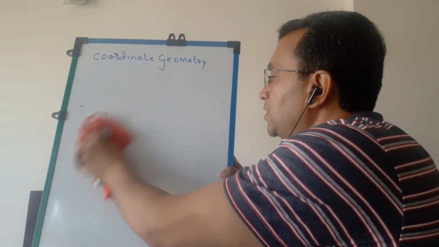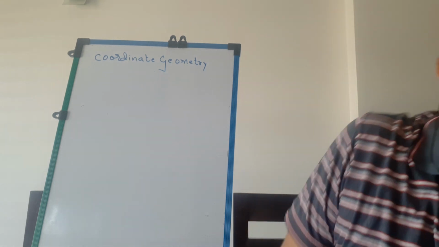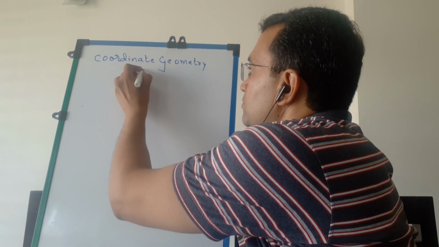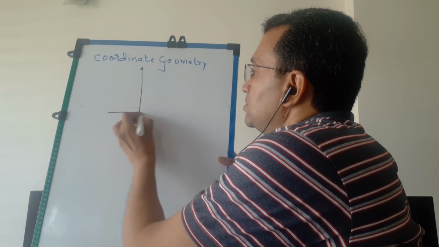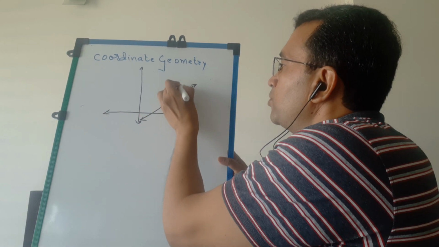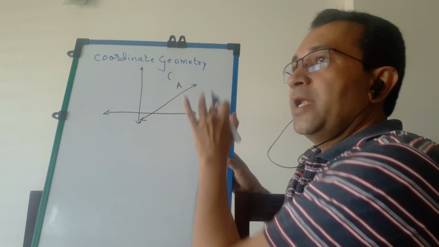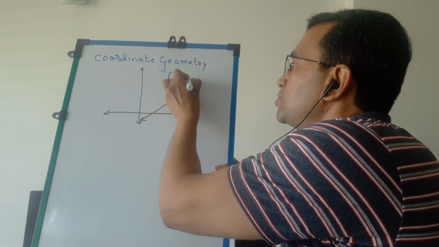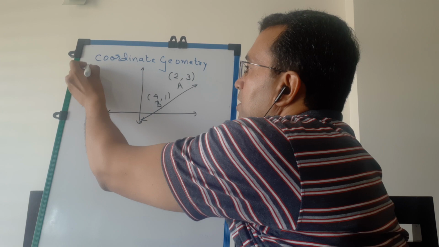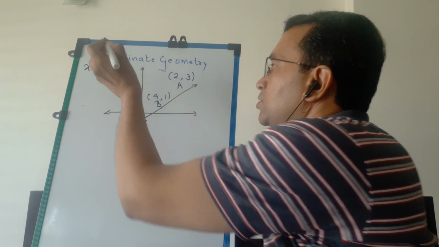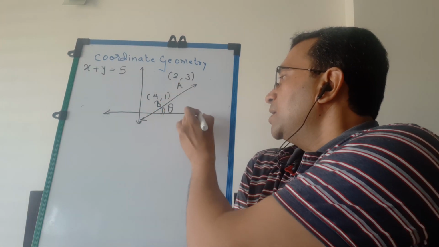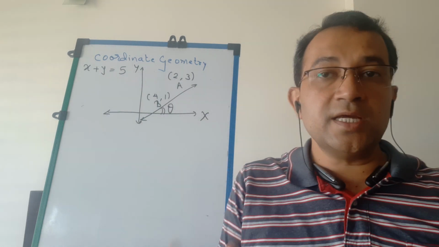So all of you, I think, have understood slope is always concerned with respect to the angle made with horizontal surface. Say suppose this is y-axis, this is x-axis, and this is any line. And suppose I have 2 points on the line. Let us take that line x plus y is equal to 5. So when x is 2, y is 3. And when x is 4, y is 1. I am considering this line x plus y is equal to 5. So this angle is theta. This is x-axis, y-axis. Theta is associated to slope.